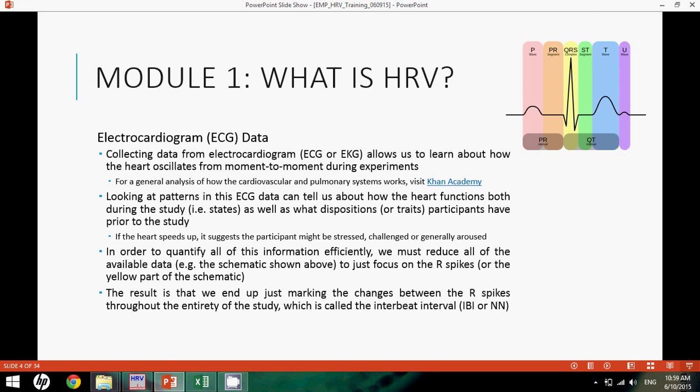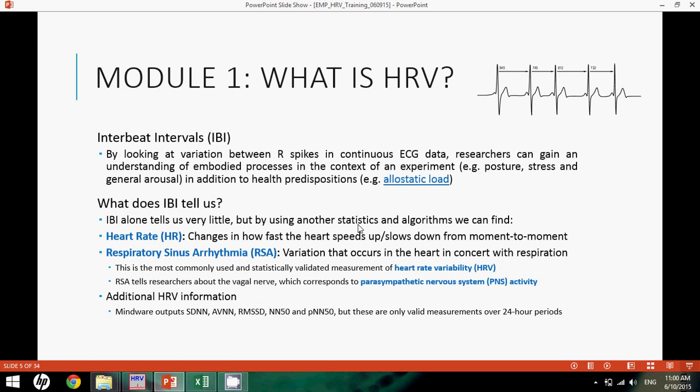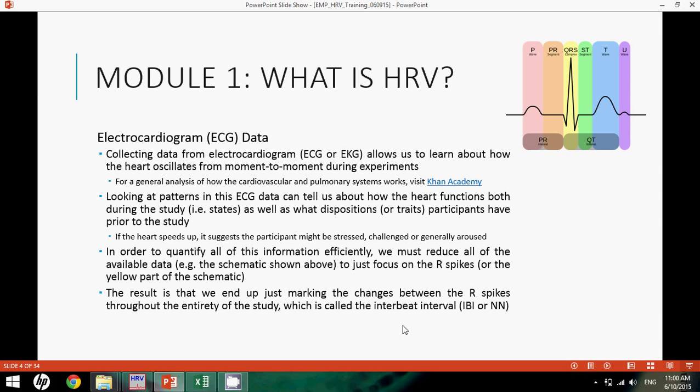And how that's done is basically by looking here at the QRS complex. You'll see that in the yellow section here, we have a point and it jumps up. This is called the R spike. This R spike is extremely important for HRV because basically we're quantifying all of the R spikes, or all of the valid R spikes, throughout the course of the entire experiment, and then trying to deduce measurements from that. The main measurement that we're going to be looking at is interbeat interval, which is basically the dynamic changes between R spikes throughout the course of a study.